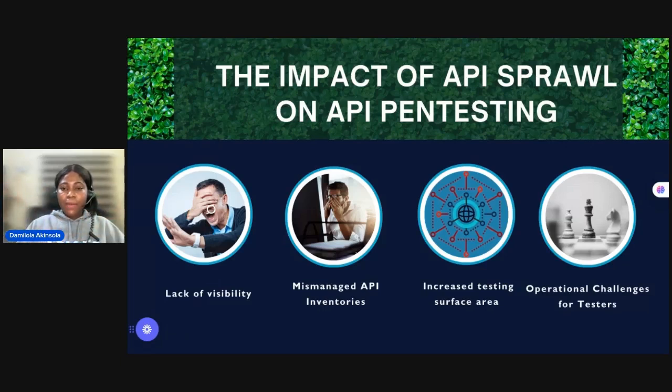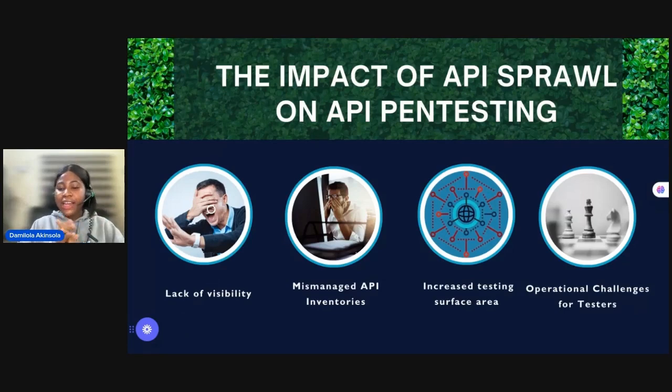If you have 10 APIs, there are chances that 5 APIs are riddled with vulnerabilities. If you have 20 APIs, you could have like 13 APIs that are vulnerable. So depending on how large your API base is, that will determine how large your vulnerabilities or attack surface area would grow. So we need to be more careful about adding new APIs that are not really important. Because if you're adding features, it comes with APIs. If you're adding functions, it also comes with APIs.